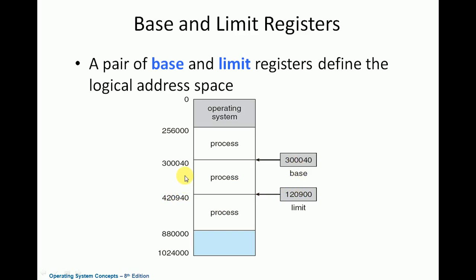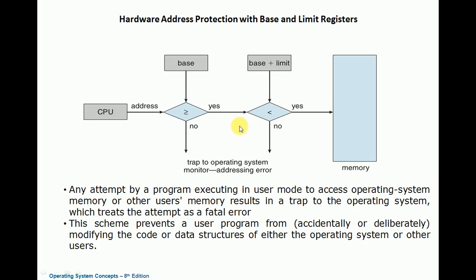So whatever logical address the CPU generates, it should be greater than or equal to this value and should not exceed the upper range. So this is the last address of the memory location allocated to the process. So it should not exceed base plus limit. It should be within this particular range. So that condition we need to test here. So if the address is less than base plus limit, then we will have the physical address.